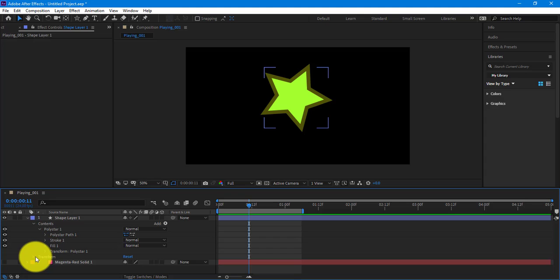Now on the shape layer, you're going to see a lot more stuff. You'll actually see contents. If you click star, you'll see polystar. If you clicked rectangle or whatever, you'd see that name. And then you'll see path, stroke, fill, transform, and then you'll see another transform. Okay? So the shape itself has a transform, and then the layer has another transform. Okay? So there's lots of different ways that we can manipulate a shape versus manipulating a solid,